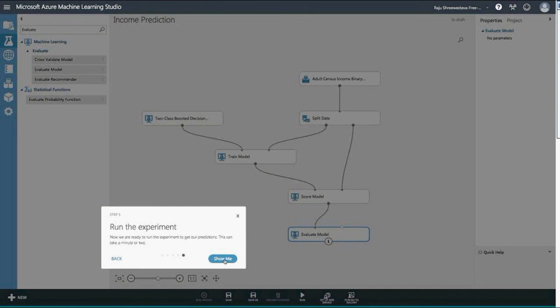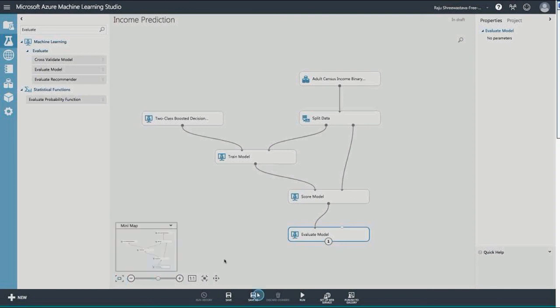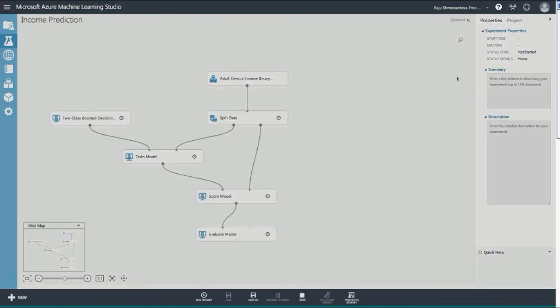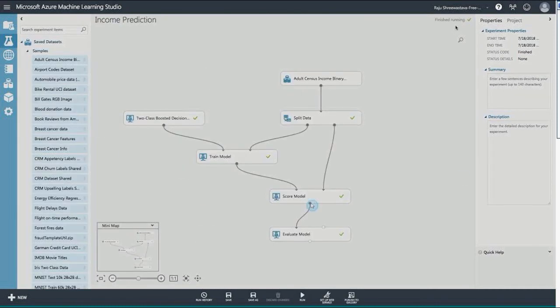So last step is running things. So we run this thing. We just go through that. It's a drag and drop again. So we just go and click on this button, which is there. It's going to take a few seconds. It's saying queued at this point of time. It's not a huge set. 32,000 is less for this kind of data size.